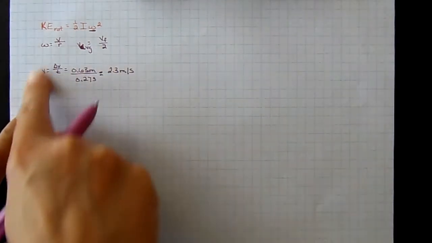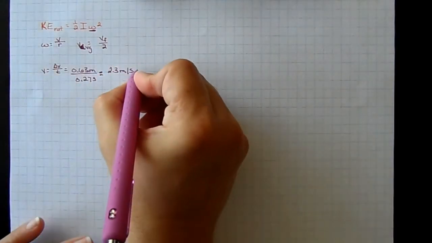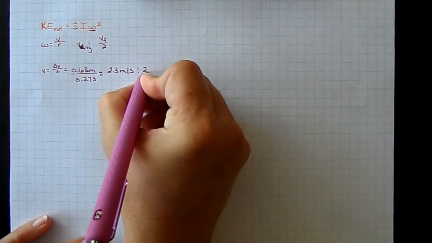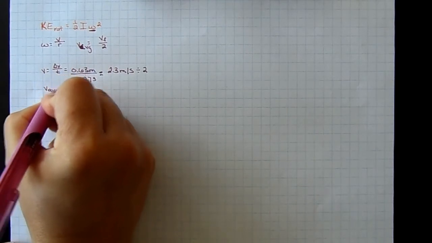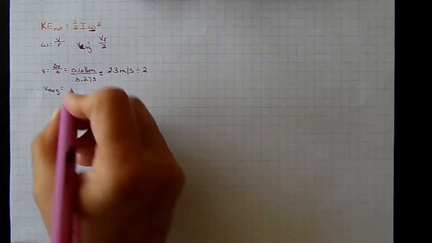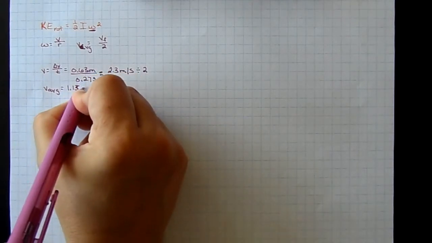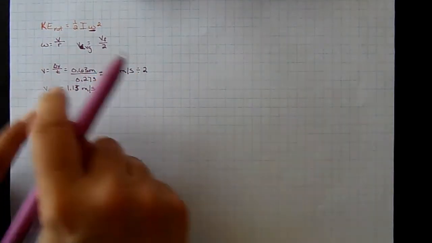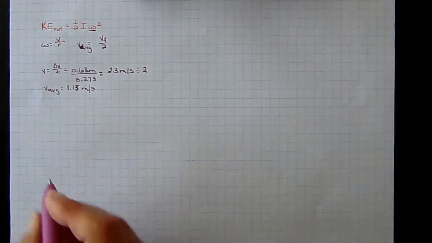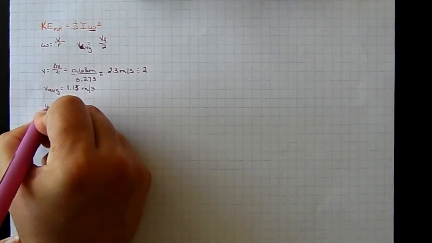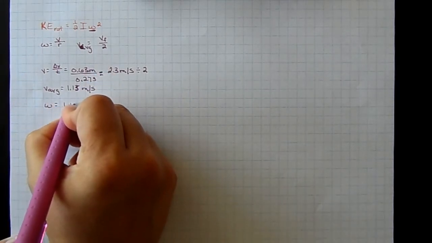Now, this is the final velocity. We want the average, so we're going to divide that by 2. So our average velocity is going to be 1.15 meters per second. All right, so now we have this part right here. Okay, so we're going to take our average velocity,